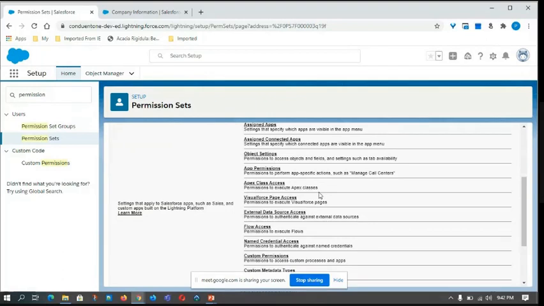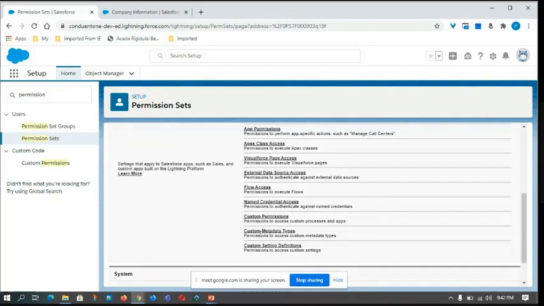Correct. Similar to custom metadata types. If we have multiple metadata types created in our system for different Lightning apps, and specific to those custom metadata you want to give access, then we can enable which custom metadata type you want to give access to in these permissions.